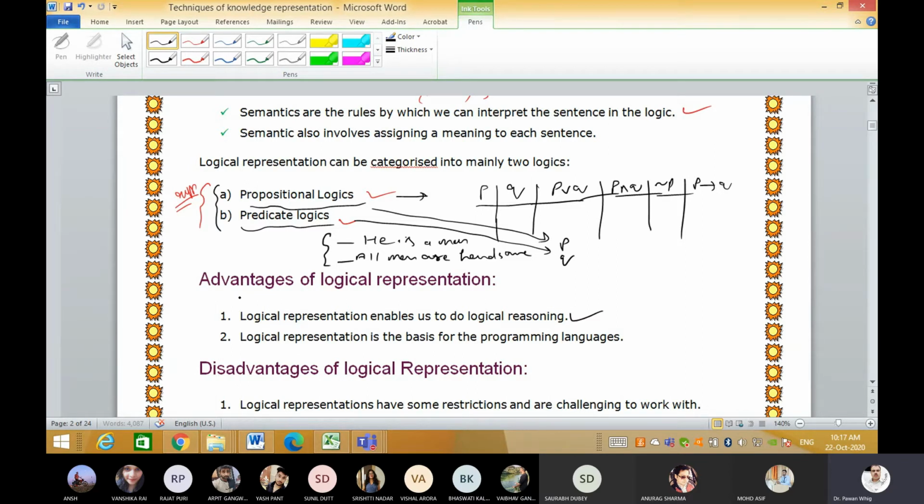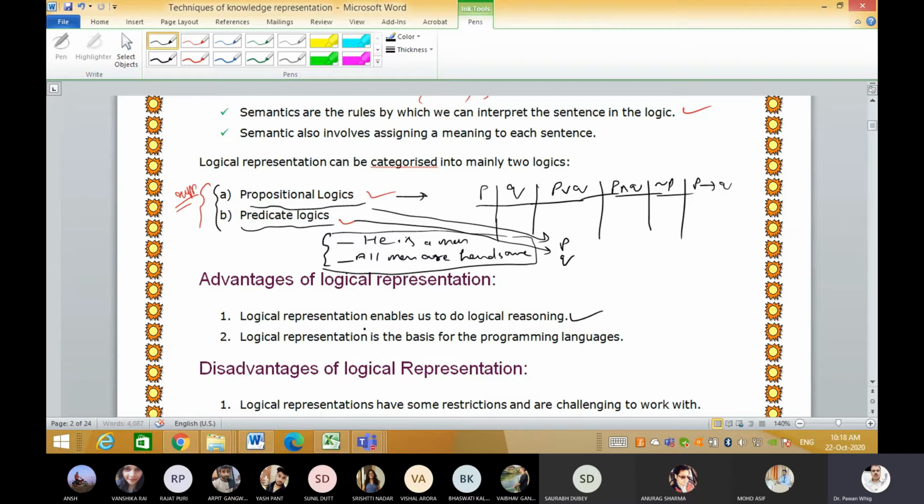But the advantage of logical representation is to save memory or to save search, because if you put everything in your database as English sentences, it is very difficult to search and interpret. So for a computer, we represent the knowledge in the form of propositional or predicate logics.